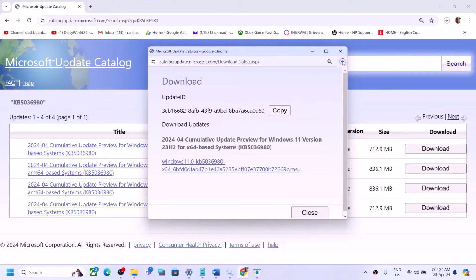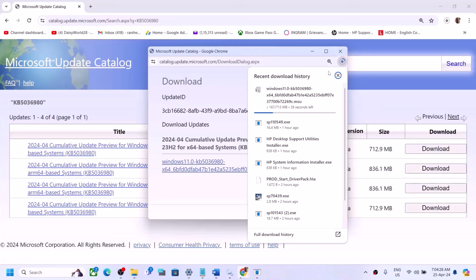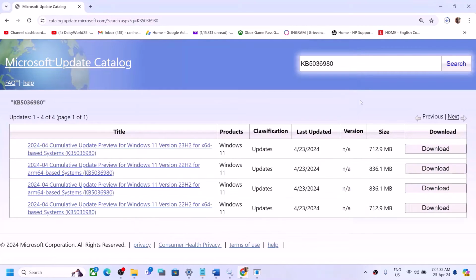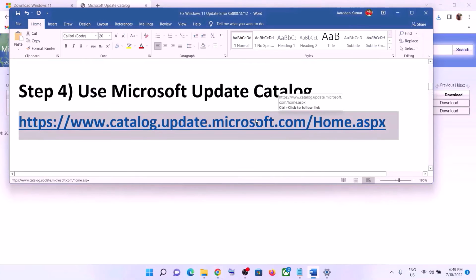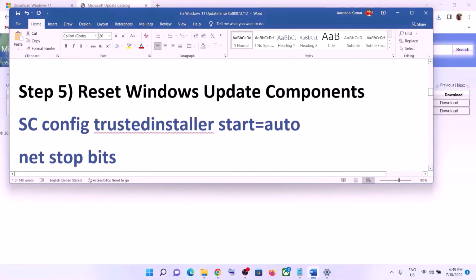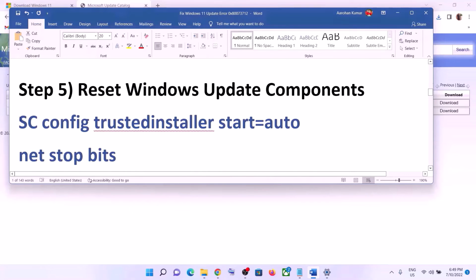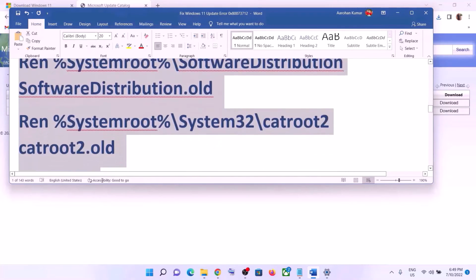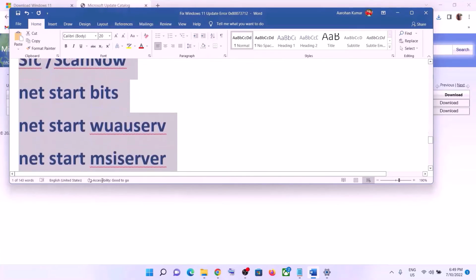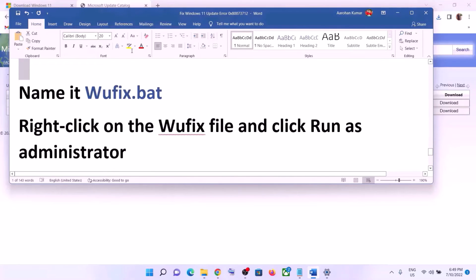Now once the download is complete you can run this file. You can click on it and install this update manually, and then restart your computer. If you are still facing the problem, in that case you can reset Windows Update components. For this, copy all these commands. These commands are provided in the video description, so copy till here